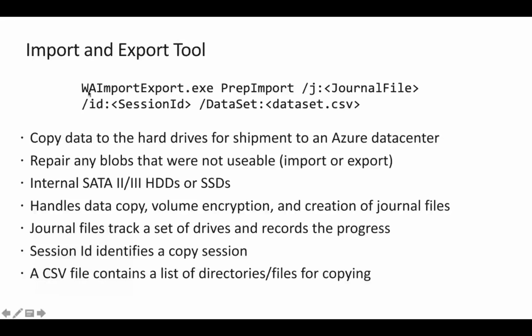So via this, what happens is it creates one file on your local machine, or not local machine rather. It takes it onto your SSD or HDD, whatever your device is. So it copies the data to a hard disk for the shipment to the Azure data center. So to do this,